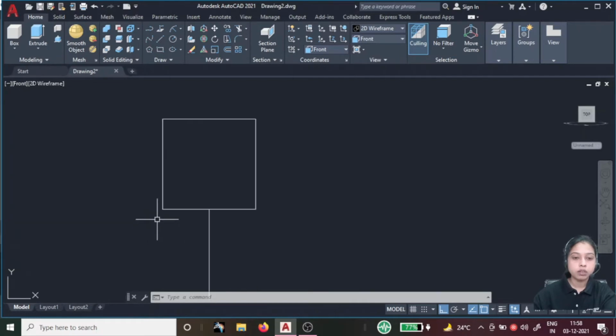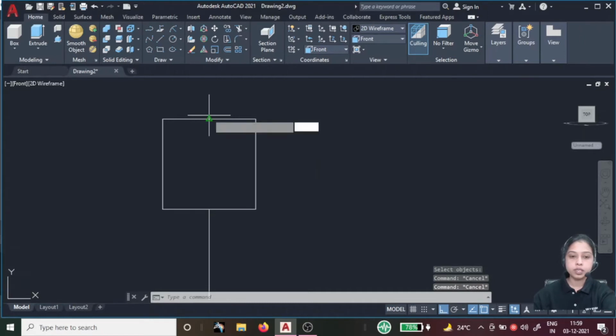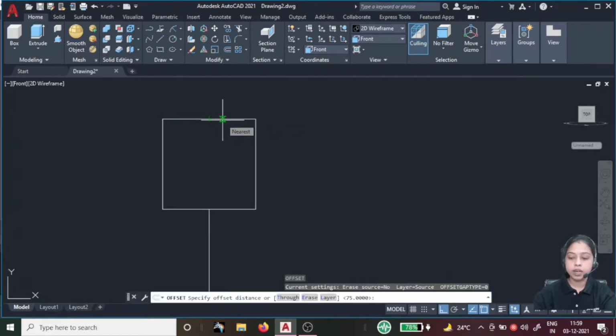Then I need to create a profile. For that we need to create an offset to give the exact shape of my tire. So we need to explode: type X, enter, select this one, enter. Now all are exploded. Go for the offset, O, enter, and give the value 8, enter.